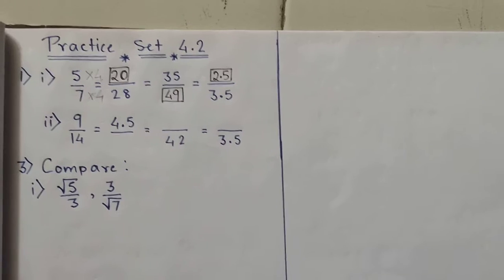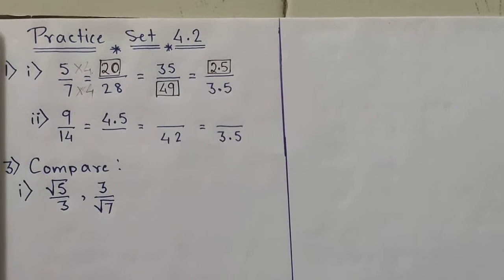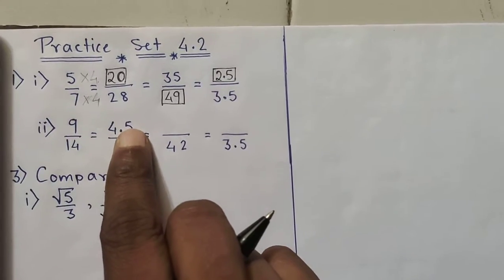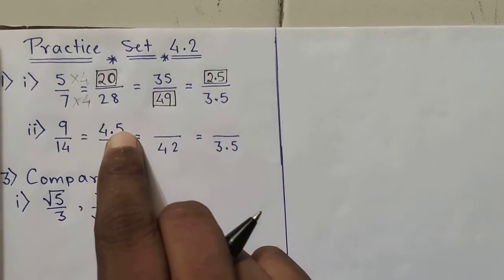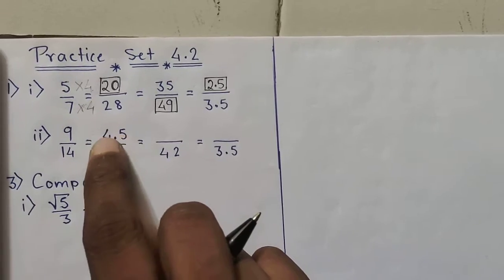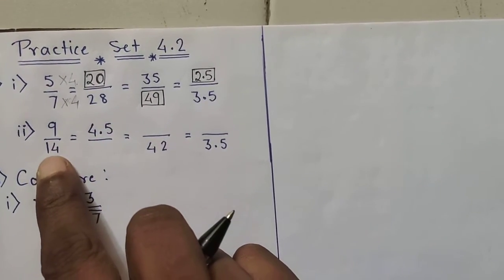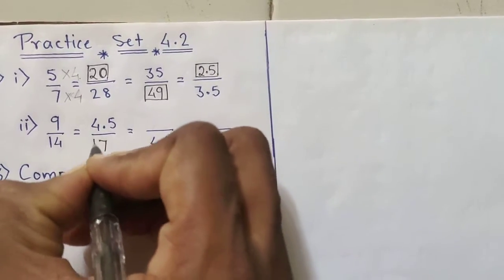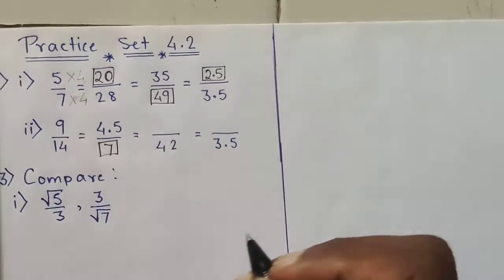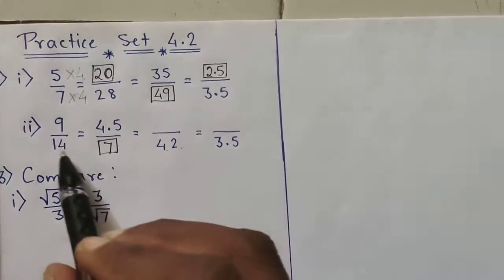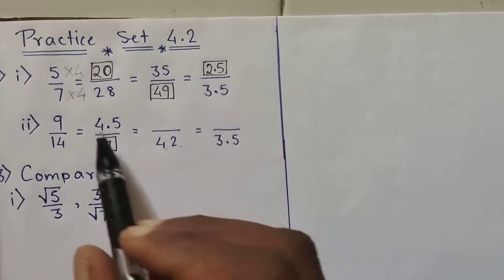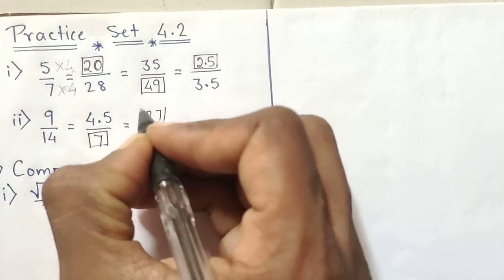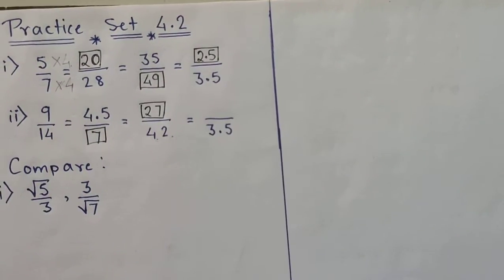Okay, so in the same way we can solve the second one. Okay, now see the question. This is 9, this is 4.5. So just half of 9, right? Half of 9 is 4.5. So in the same way, take half of 14. So if you take half of 14, you are going to get 7 here. Okay, now see, this is 42. 14 threes are 42. So 9 threes are 27. So here in this box you are going to write 27.